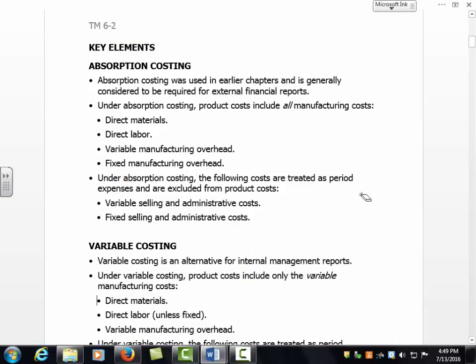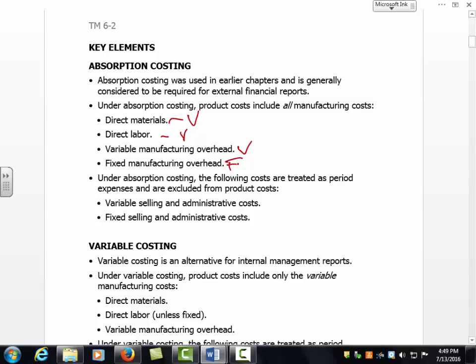So going back to our handout, under absorption costing, we have our direct materials, which is variable by definition, because the more you make, the more materials you need. We have direct labor, which is variable, because again, the more you make, the more labor you need. Then we have variable overhead, which obviously is variable. That would be like grease for the machines, because the more you use the machines, the more grease you need. And then